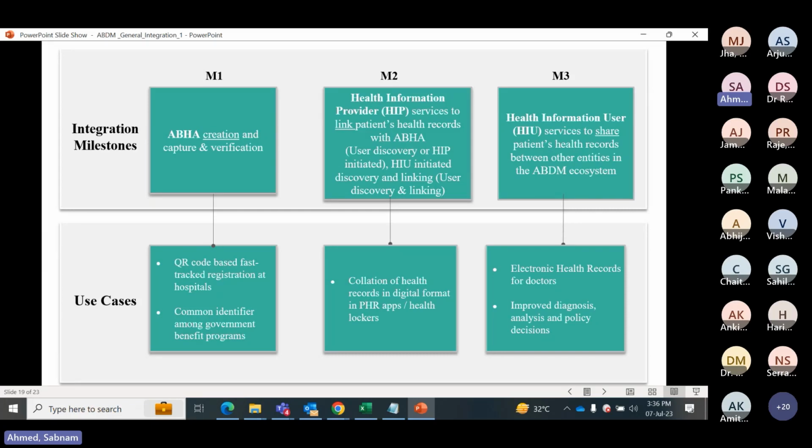What it will do, it will help in QR code based fast tracking registration at hospital. We have an API for QR code registration, because for a few hospitals there is a long queue and a lot of high TAT for the patient for getting registered for the consultation. So this will reduce the time of the long standing queues of the hospital, and it is a common identifier among the government